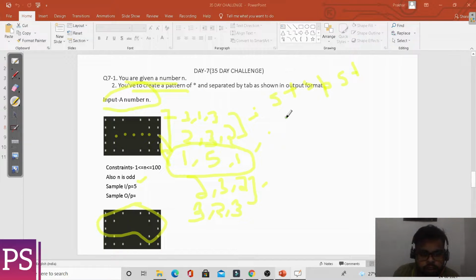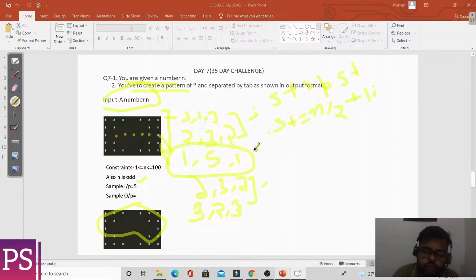So now first we will take st. Our first variable will be st equal to n by 2 plus 1. Why am I doing plus 1? That must be a question from your side.